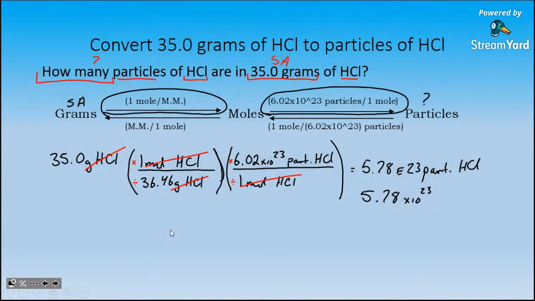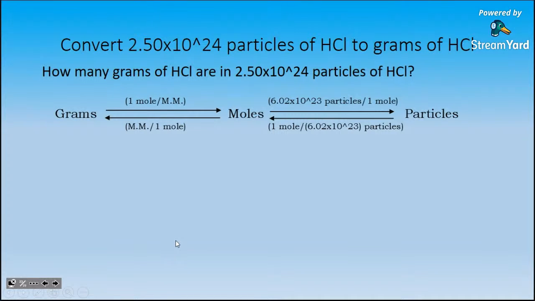Now let's take a look at a problem where we are trying to find how many grams, starting with particles. So in this one, how many grams is our question in HCl if I'm starting with 2.5 times 10 to the 24th particles. So my starting amount is in particles. Grams are my question. So I'm going to take my starting amount, 2.50 times 10 to the 24th particles of